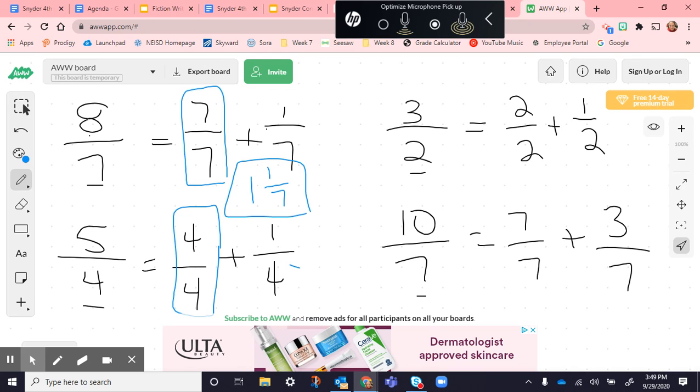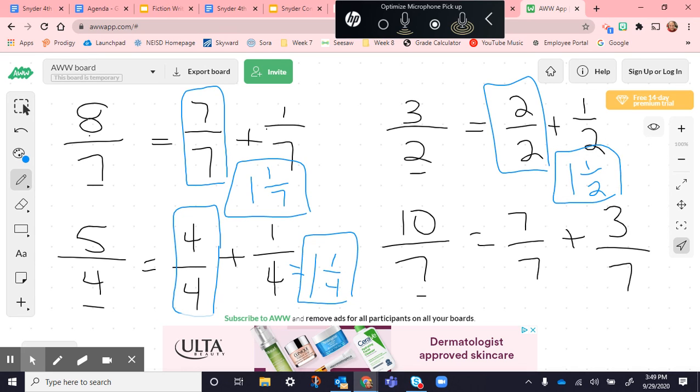So I'm going to say that this is equal to 1 whole and 1/4. This right here, 2 over 2, is the same as 1 whole. And then I'm going to add the rest, the half, and that's what that equals. This one here, 7 over 7, is equal to 1 whole and 3/7